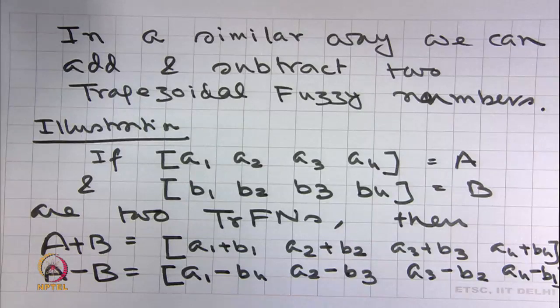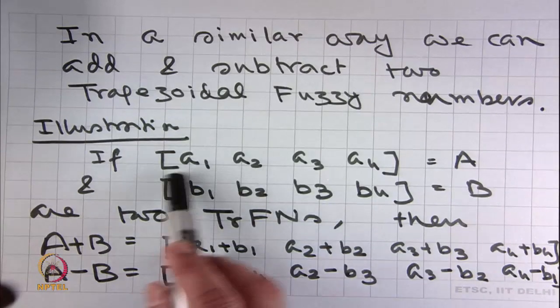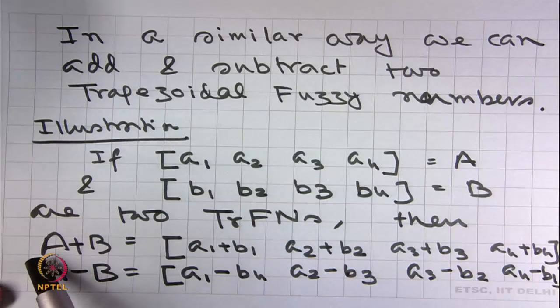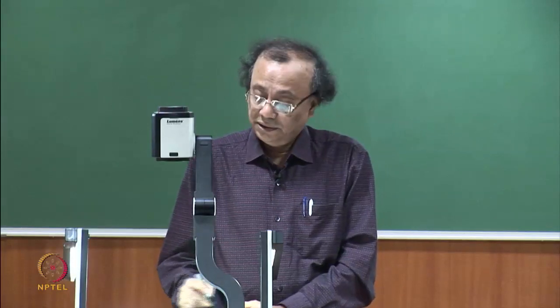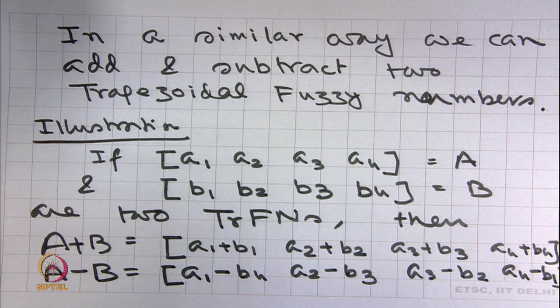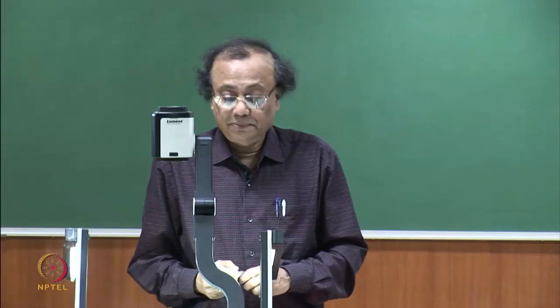I am not working this out because it is simple, since the membership functions are linear. I want you to verify this by taking two arbitrary trapezoidal fuzzy numbers and actually working them out using the interval operations. Let me now change my focus to